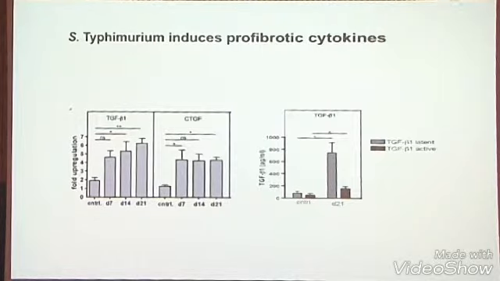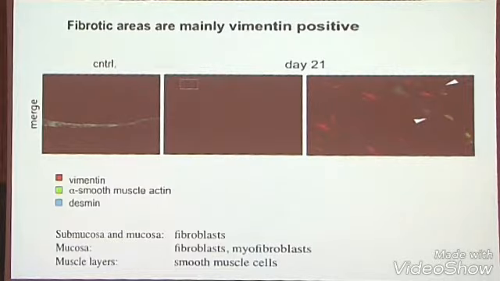Salmonella also induced the production of profibrotic cytokines. These are associated with triggering cells to produce collagen and deposition. And like we had hoped, we saw that. We also saw cells that are involved in depositing collagen and fibrosis come down onto these things. You can stain by vimentin, which is a marker for these cells. And these collagen deposition cells are found in large numbers in these chronic inflammatory intestinal areas.